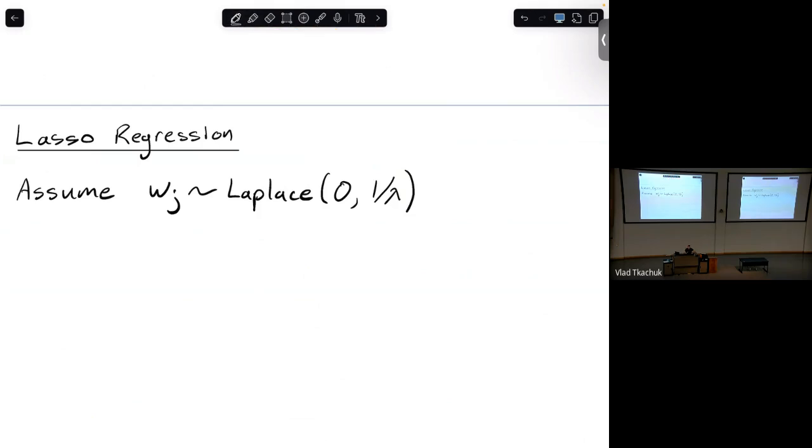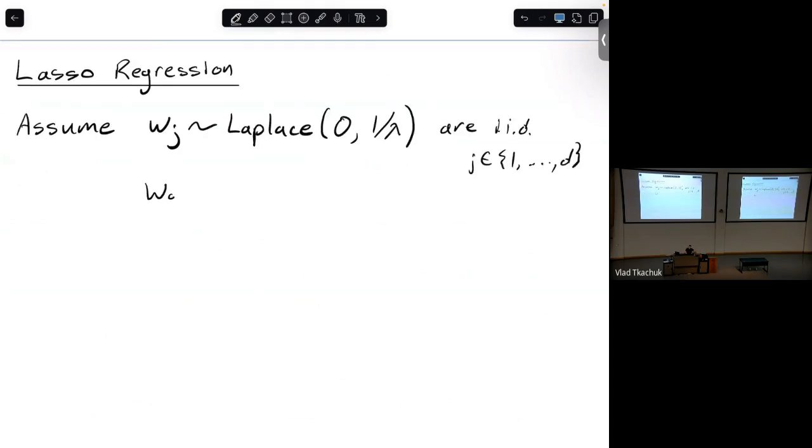And it's the same story that they're IID for j in 1 to D. You make the assumption that Wj is Laplace with mean 0 and, here you call it b instead of sigma squared,